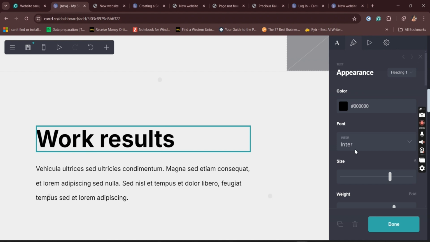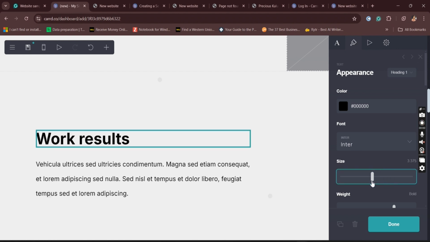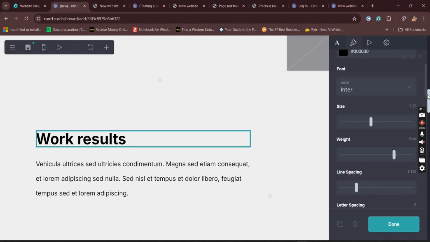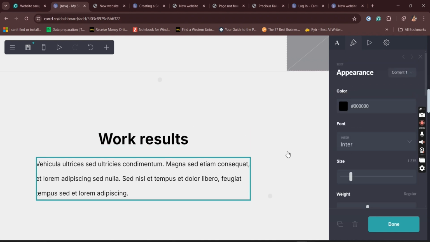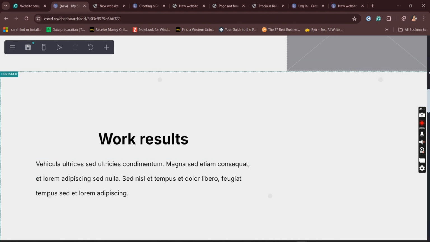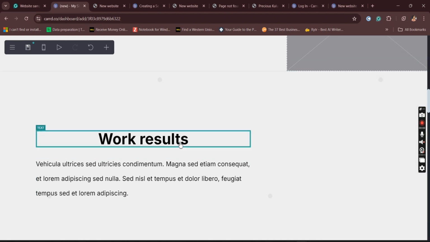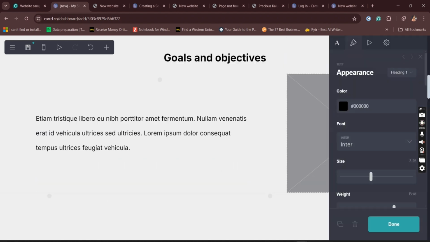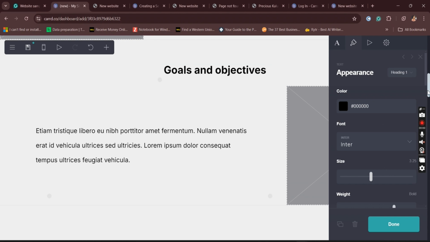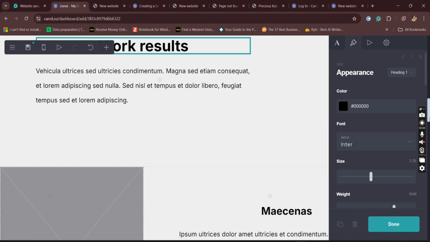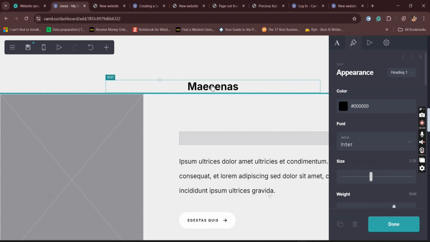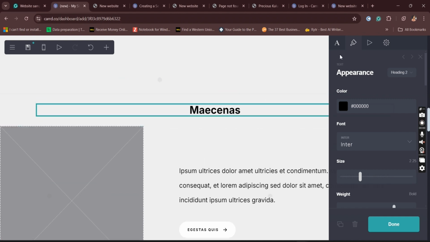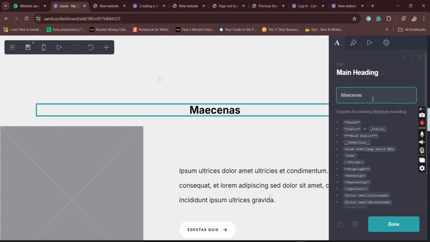It's too bold, so let's reduce the size. And then the alignment should be center. So this is the work results. But you have to make sure that this title is the same size with these other ones, so it aligns. So work result, and this definitely will come here, and this would be